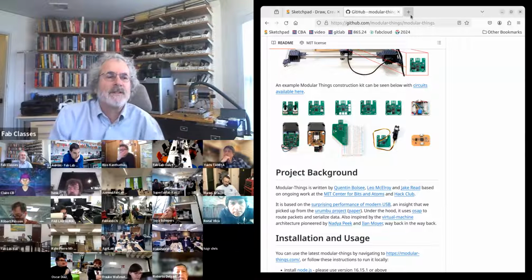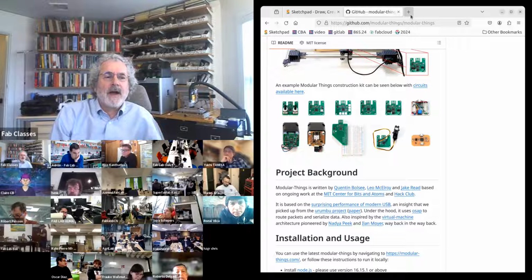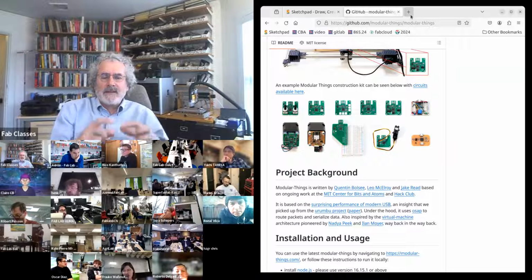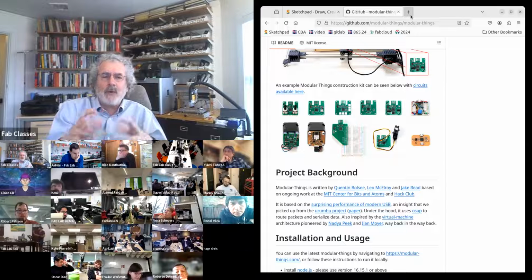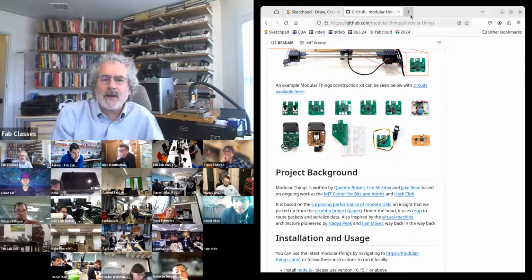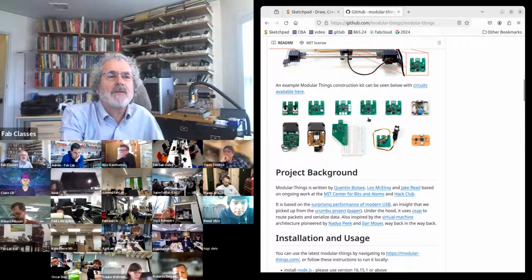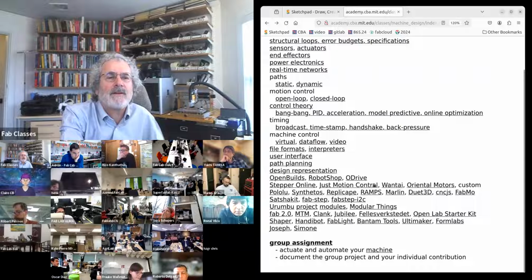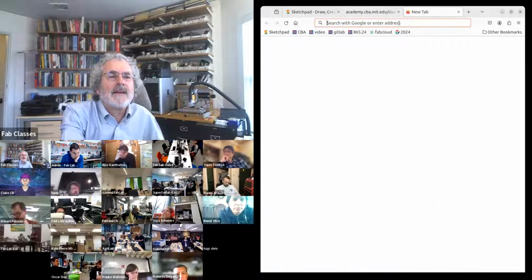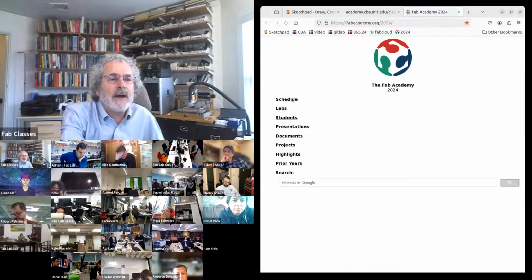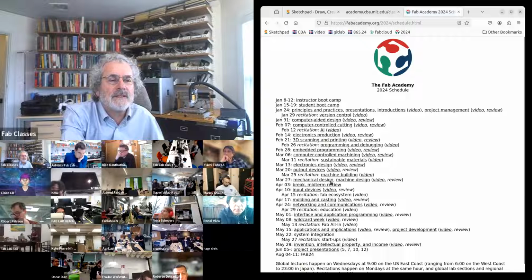To Ricardo's question, Modular Things was inspired by that, but is based on simple modules that are a little bit more powerful, that know what they do, that makes it easier to write the software. And in particular, Modular Things can use multiple network protocols. So it's not just USB, but it can use other networking protocols. And I'll update, if we go back to the recent recitation,